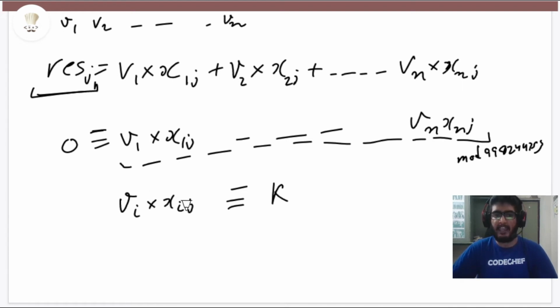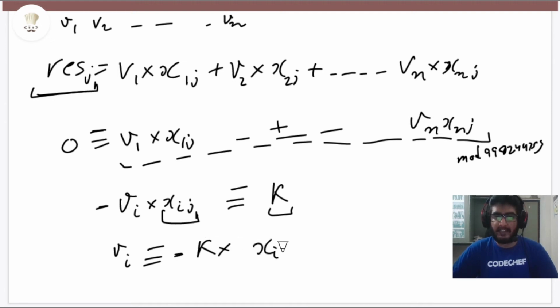I have taken the vi into xij value on the left hand side, with a minus sign, as there was a plus here, so there should be a minus value on the left hand side, and the whole summation subtracted by vi into xij. Let us call that sum k, right? As xij is not equal to 0, vi should exactly be equal to minus k into the inverse of xij, the inverse of xij modulo